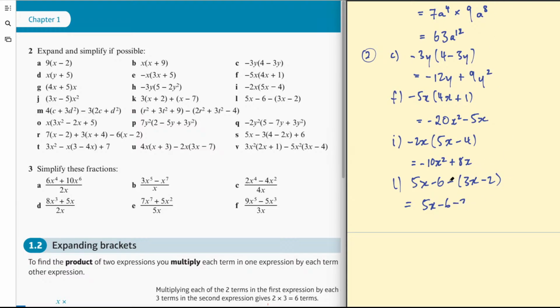So for this one, I'm distributing that negative to both terms in the brackets, negative 3x and then plus 2, and then we need to simplify. So 5x take 3x is 2x, negative 6 plus 2 is negative 4. Onto Q,